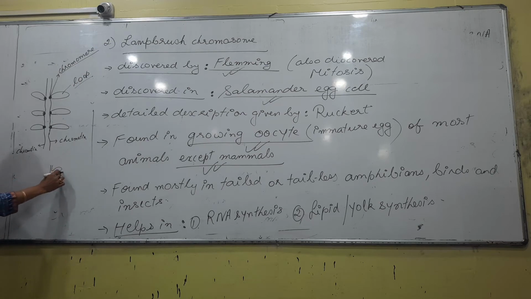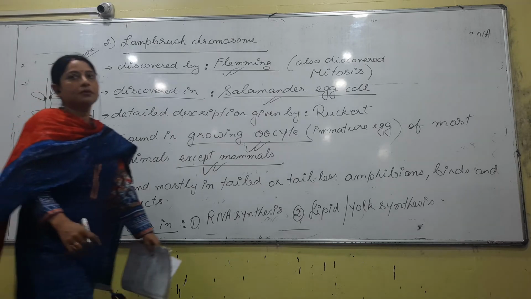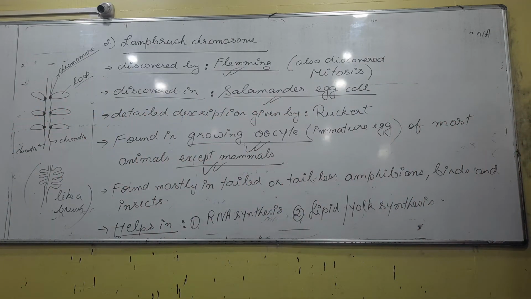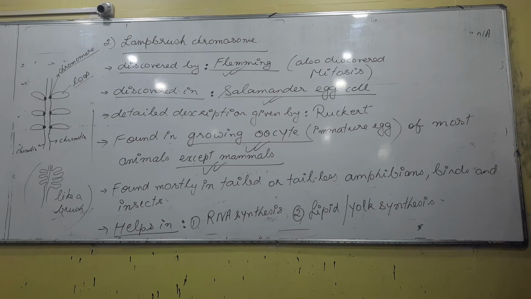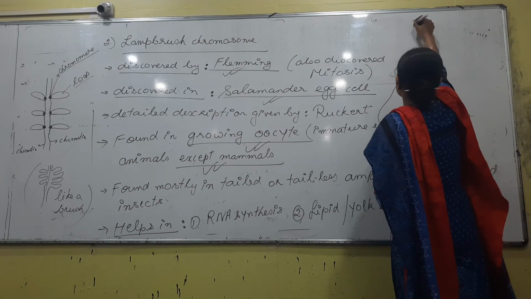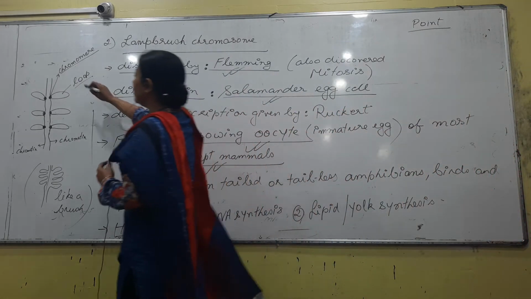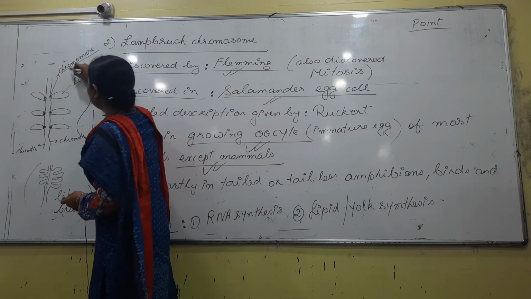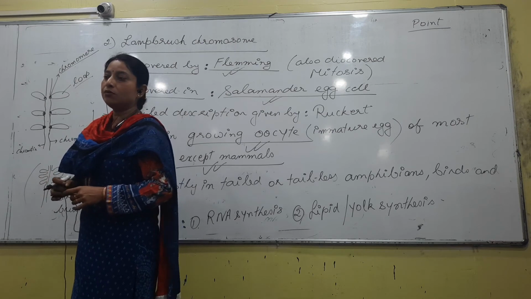So ultimately, how will it look? Which point? Okay, in the diagram, this black color structure is the chromomere. Chromomere. Do you remember what a chromomere is? Do you remember, the rest of you?